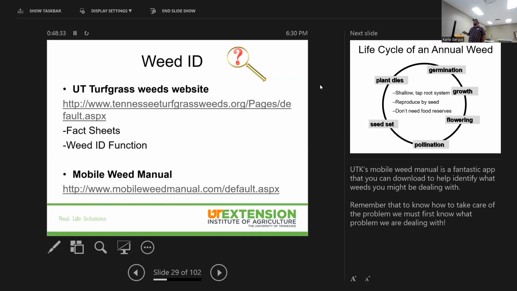So this right here is just a little slide of, if you're at your house and you find a weed you don't know what it is, this is good. These are good resources that you can actually look up. They can kind of help you identify what it is. I really recommend this mobile weed manual. When I'm out in the field, this is what I've always got pulled up